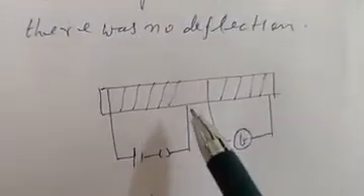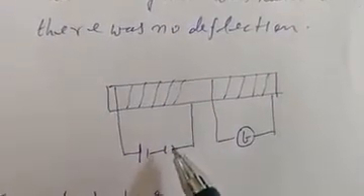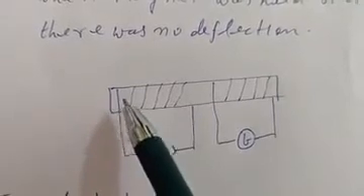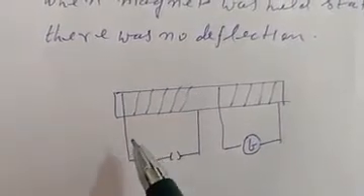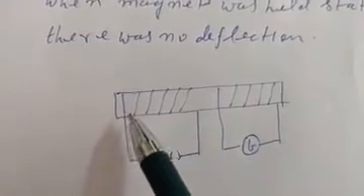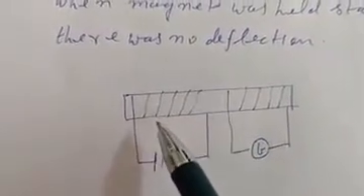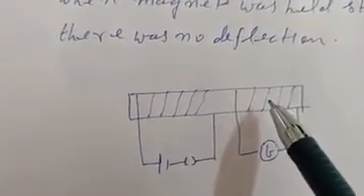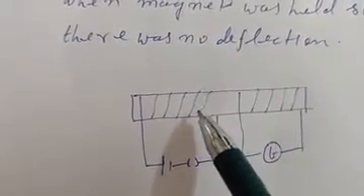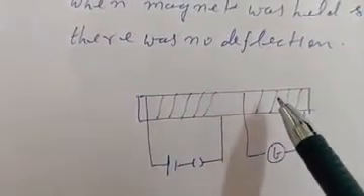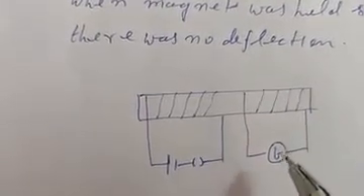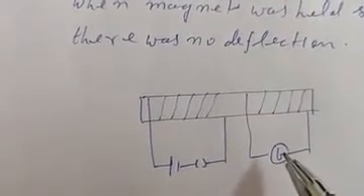In this case, when this key was inserted, initially current in this coil was 0. Now it will acquire from 0 to its saturation value. So it is equivalent to a solenoid, so there will be a magnetic field in it. So the magnetic field will acquire its saturation value from 0 to maximum value. It is associated with this. So what will happen? There will be change in flux in this coil as well. And once the magnetic field acquires saturation value, then there will be no change in the flux in the secondary. So this deflection will be momentary.